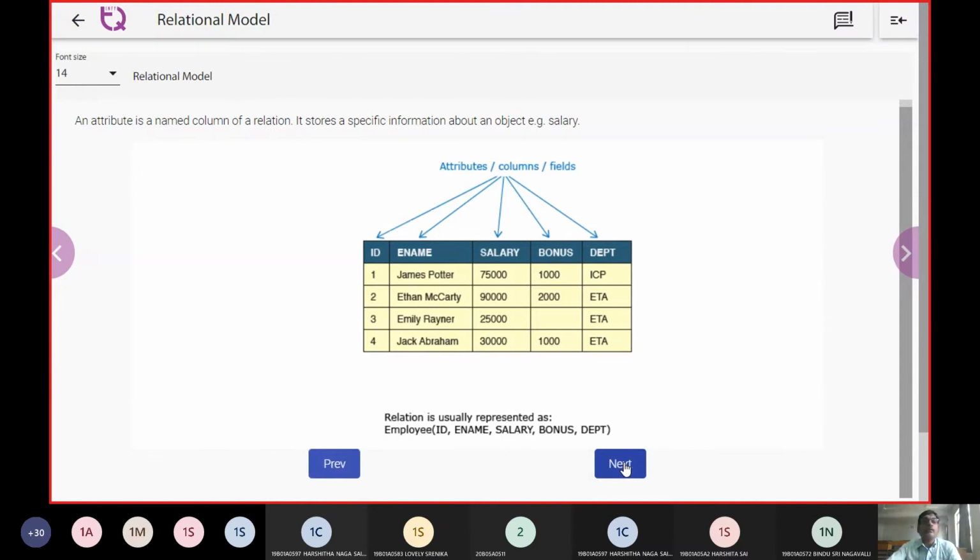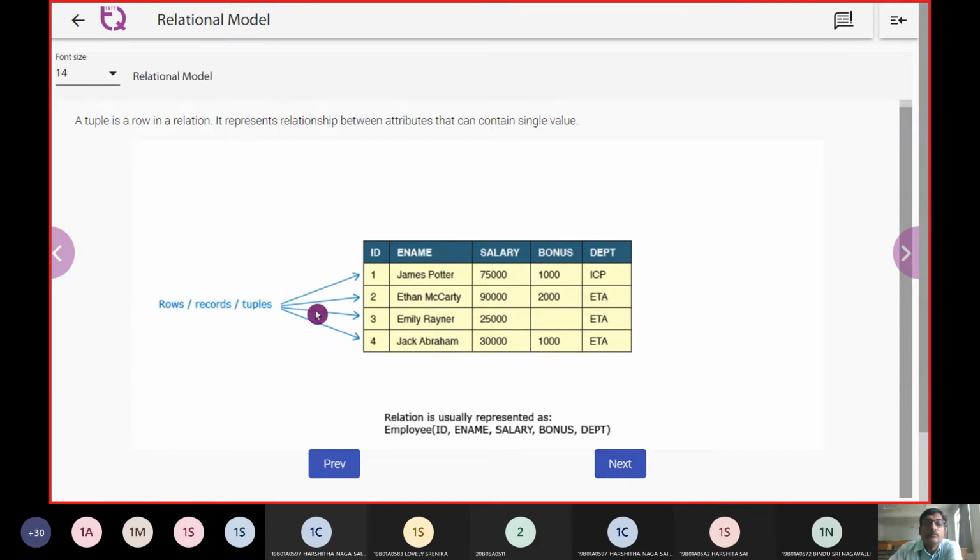So in this relational model, ID, name, salary, bonus, and department we call fields, columns, or attributes. And the rows 1, 2, 3, 4 of Jack, Abraham, James Potter, etc., we call rows, records, or tuples. Whatever we call them, the meaning is similar.